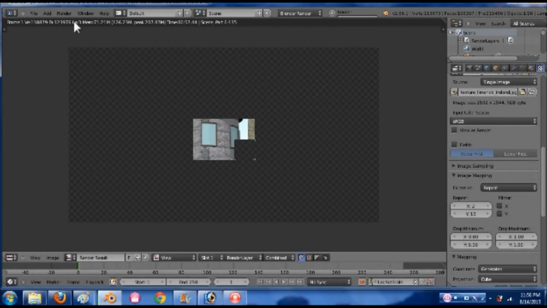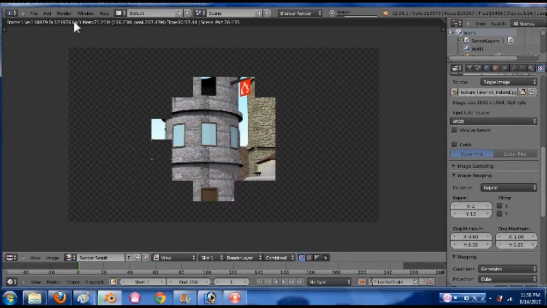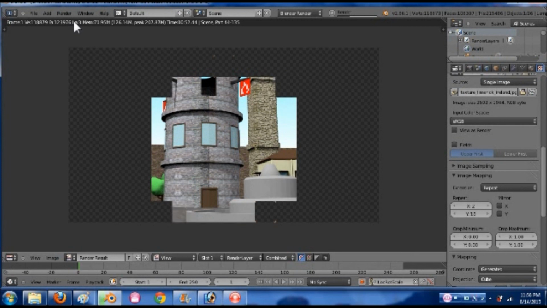So, yeah, I thank you for putting up with my lack of knowledge when it comes to texturing, and I hope that you can understand that I've tried my best, and I just don't want to steer anybody in the wrong direction. So, as far as what we will do next,